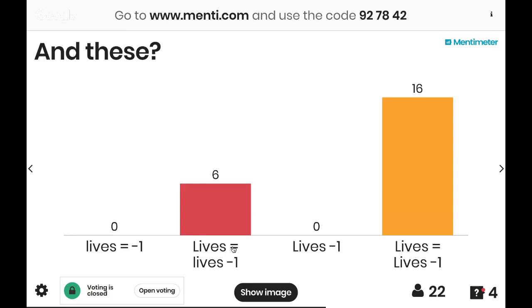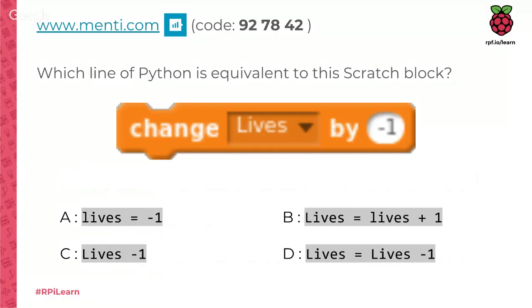This one here, the one that 6 people have gone for, the reason that isn't the case is because this lives here is a lowercase l. So these are not the same 2 variables. Now I removed that option because I didn't want to trip you up. But let's go and look at the other options back on the slide deck, and we'll think about what concepts we can draw out of here.